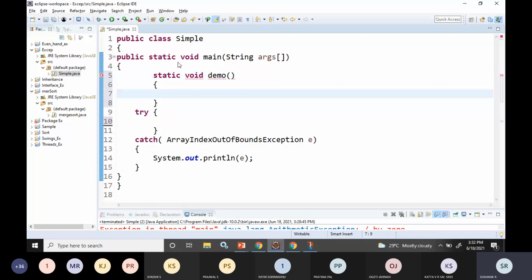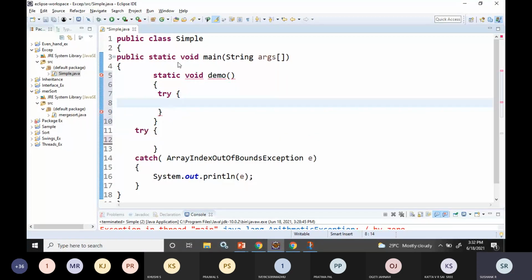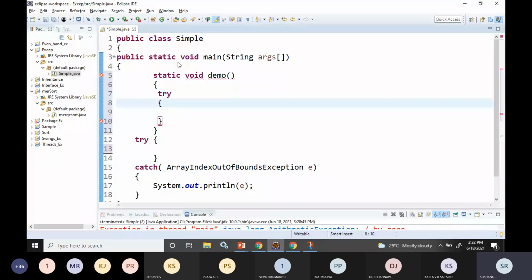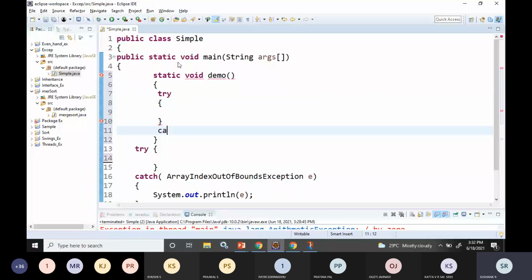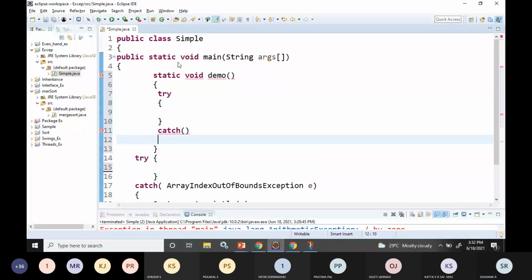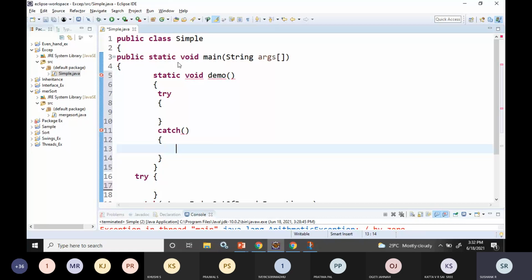This function called demo should throw the exception. If you want to throw an exception, you have to write it within the try block. Subsequently there should be a catch block for that.